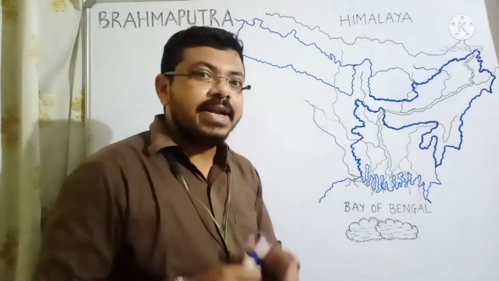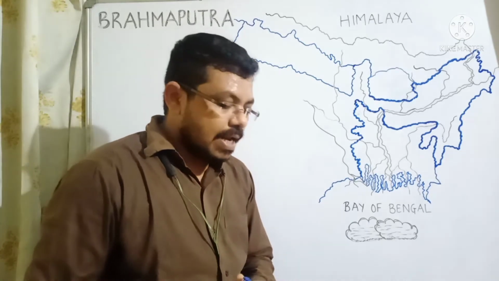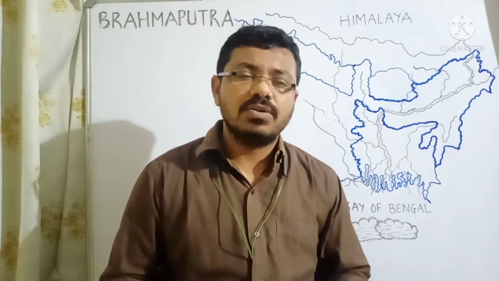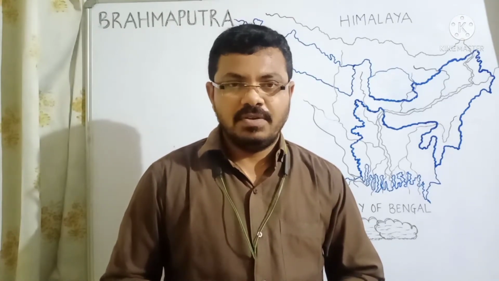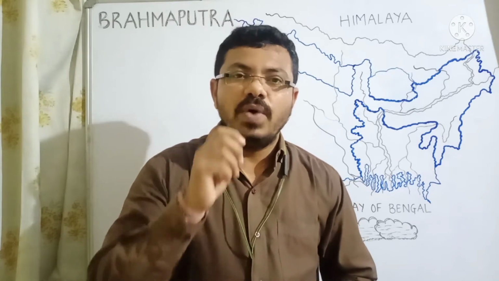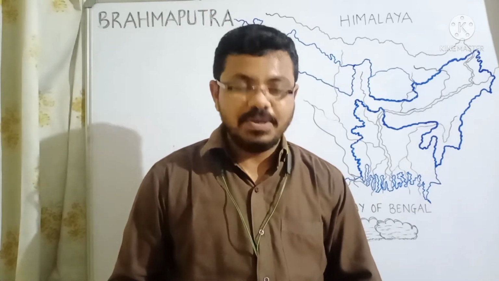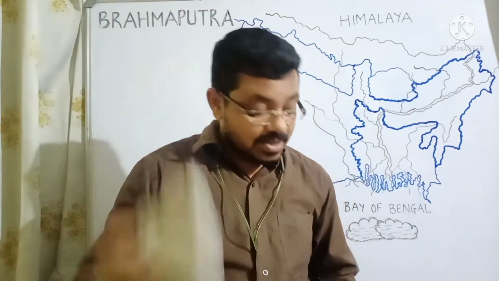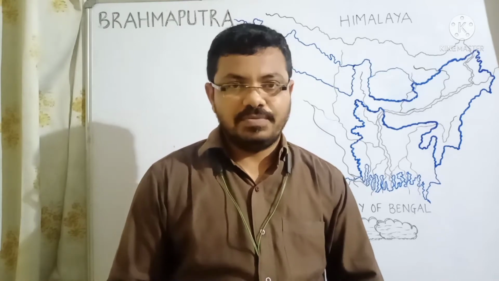Now we are finding out the causes of flooding. We need to identify three causes. As far as flooding is concerned, logically, if you think about the reason for flooding, we all will get one common answer, that is rainfall. Rainfall is always the main cause of every flooding. Wherever flooding is happening in any river, rainfall is going to be the main cause. So rainfall is the main cause of flooding in the Brahmaputra river.